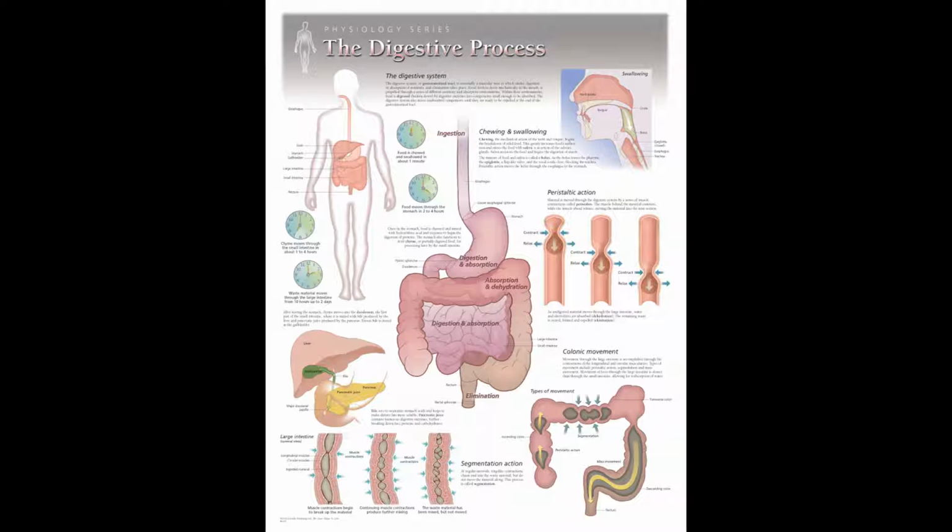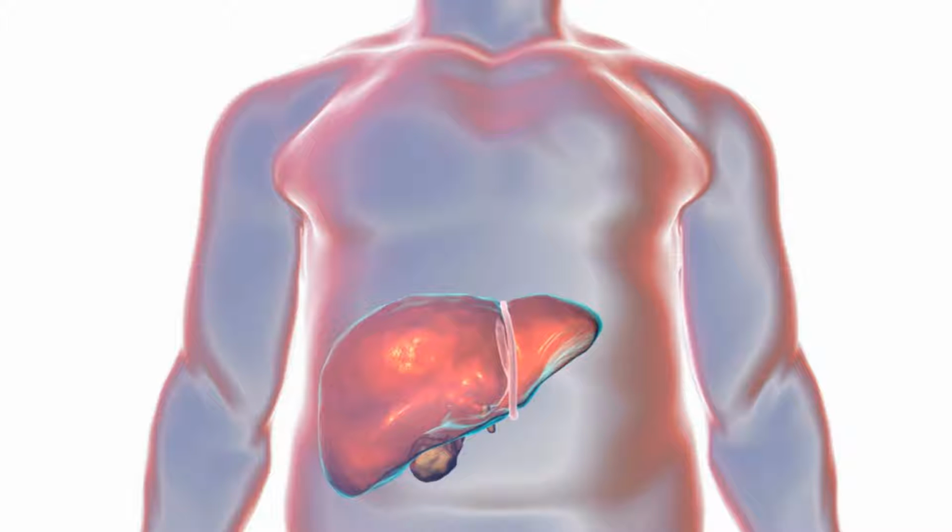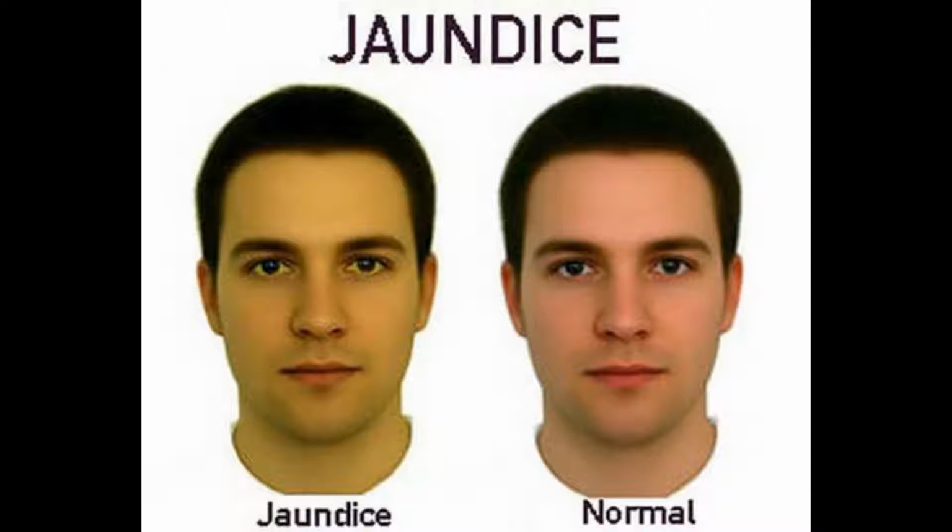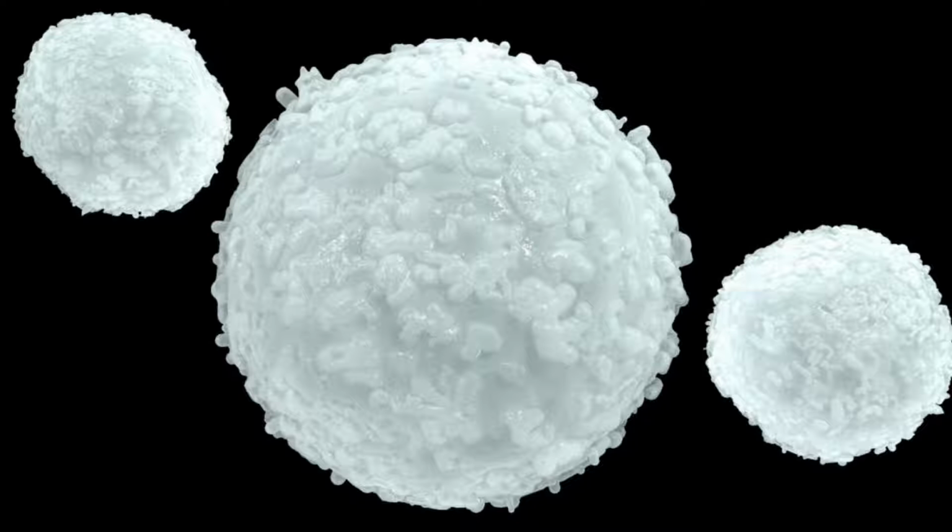When the liver or its ducts become diseased or fail to operate properly, excess quantities of these pigments may build up in the bloodstream, causing the condition known as jaundice. White blood cells, WBC, or leukocytes, are spherical cells that contain nuclei of varying shapes and